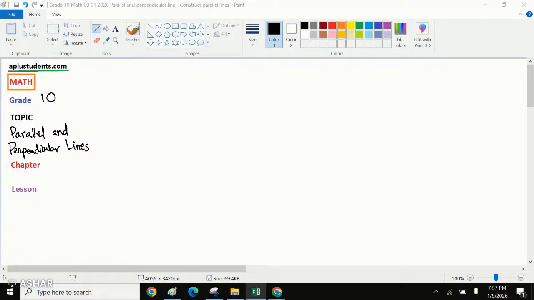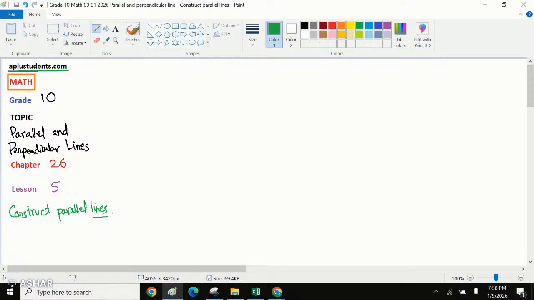The chapter number is 26 and the lesson number is 5. The name of the lesson is construct parallel lines. Okay, so today we will see how we can construct parallel lines, and there are certain shapes that we